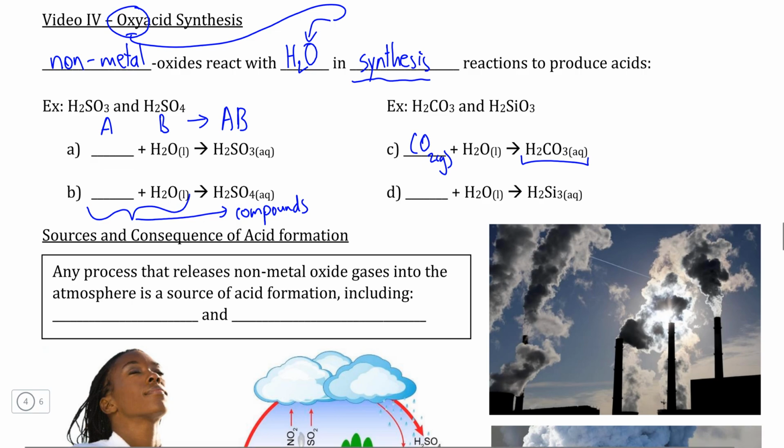But if we weren't familiar with a non-metal oxide such as carbon dioxide, we can actually figure out which non-metal oxide is required in order to produce all of these acids here simply by taking the acid formula, for example H2SO3, sulfurous acid, and removing water from that formula. So if we remove the H2 and one of the O's, the non-metal oxide that we would have left would be sulfur dioxide, which is actually a very common pollutant gas, and we'll talk about what the sources of this